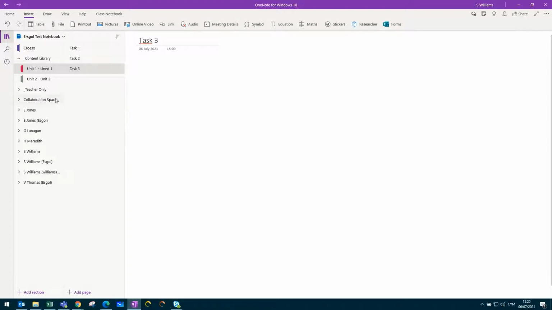The same goes with the teacher only section. So you can add sections or dividers where you can start populating the resources for your sessions. And the same goes with the collaboration space. Now, the collaboration space, the difference between the content library and the collaboration space is that the collaboration space, like